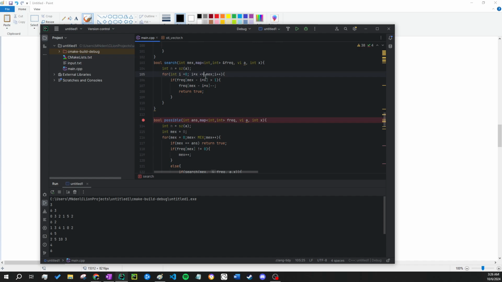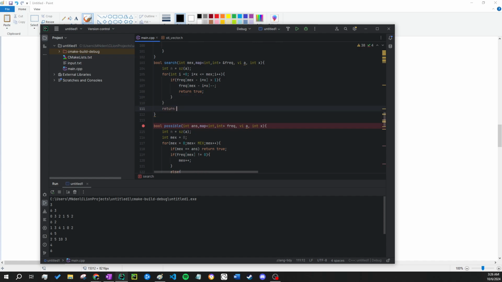I think it can be equal as well, because if it's equal, right, i times x, let's say, yeah, it can be equal to, that's right. Now this is always going to return true though. So in this case, if you don't,